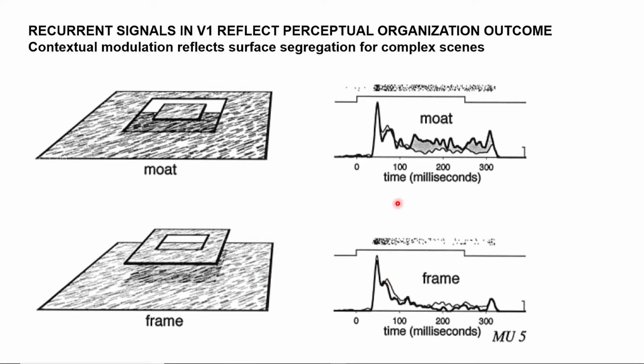And then indeed the modulations follow the perceptual organization outcome, in the sense that here you get this modulation and here you don't. And so all sorts of things strengthen the view that these modulations reflect what we call figure-ground organization, or maybe more in general perceptual organization. So that was the first part of my PhD thesis work, also some postdoc work I did at MIT. And then at some point,